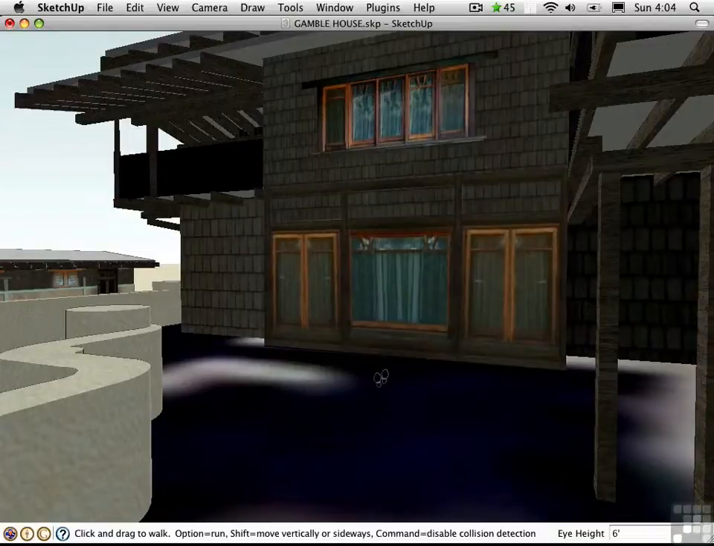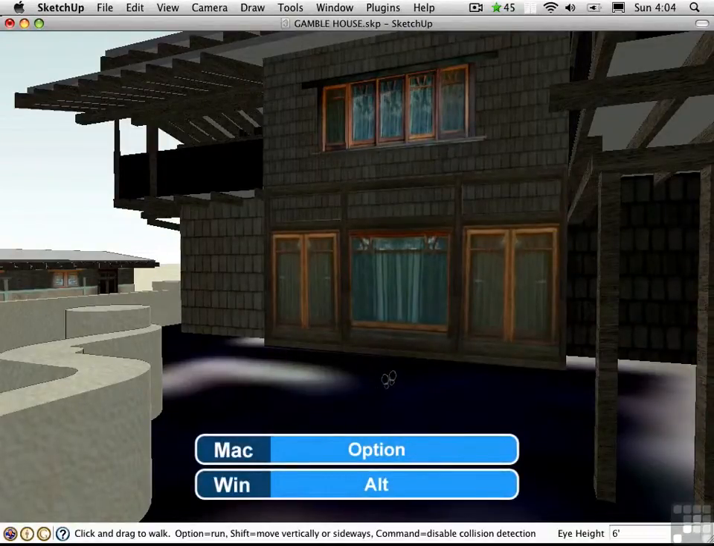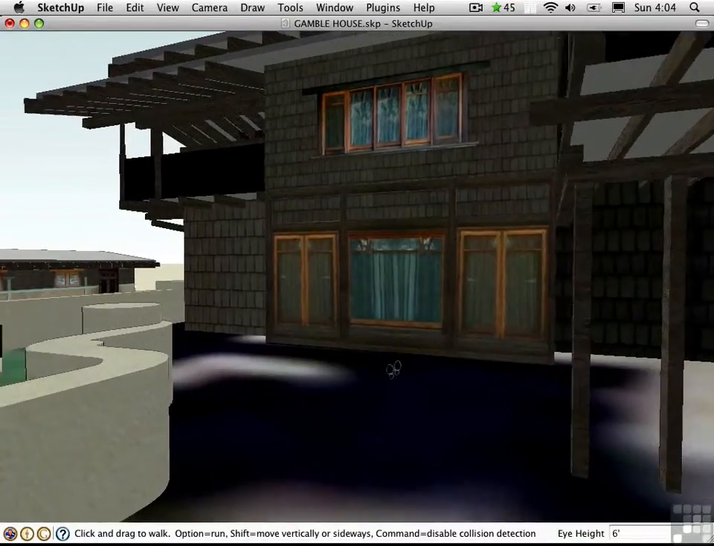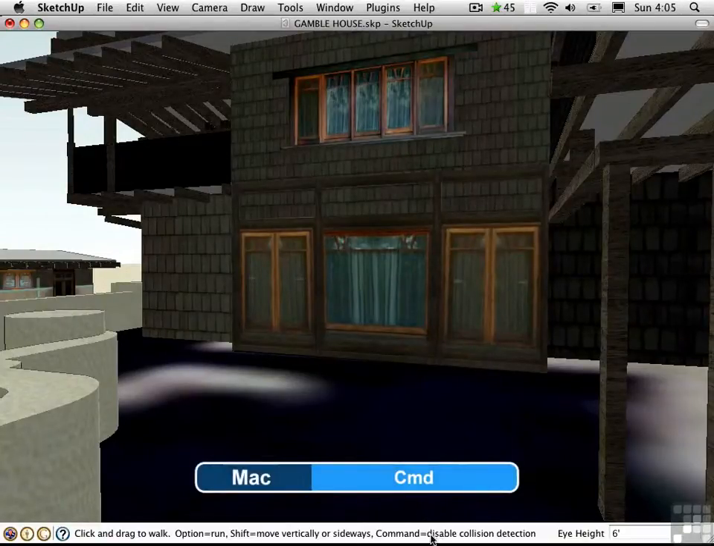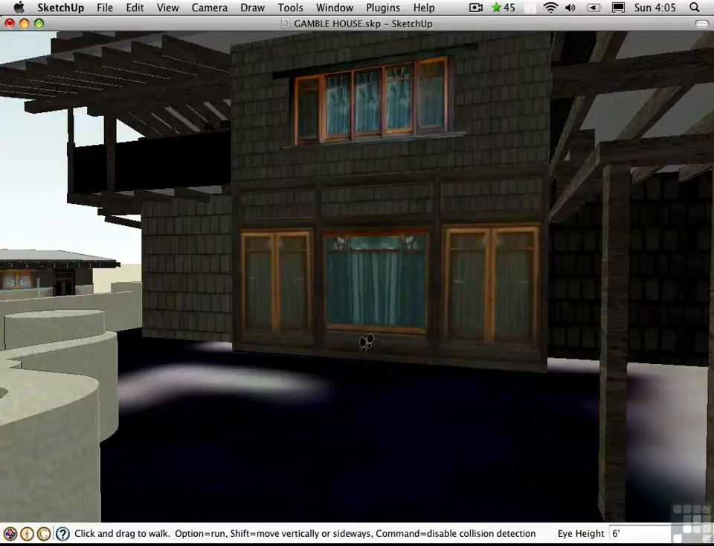I can run by holding down the Option key if I want to cover a lot of ground. It goes fast. But notice that I'm kind of trapped in here now. That's because of collision detection. SketchUp knows that I've just run into this low-height wall that's behind me, and it won't let me back up anymore. I can hold down the Command key to disable collision detection, and then I'll be able to move through